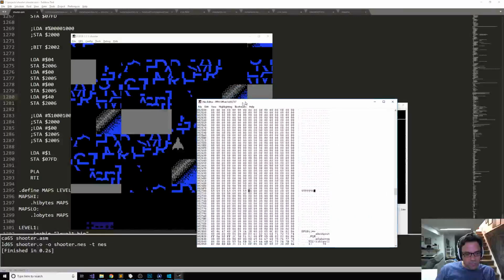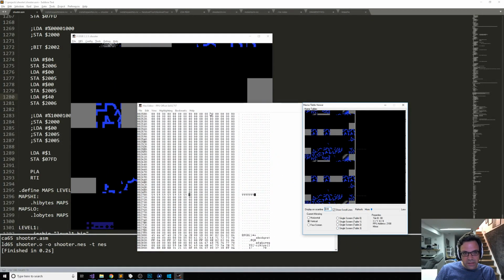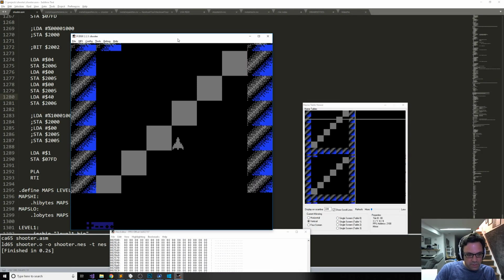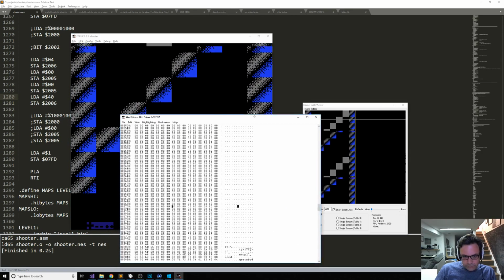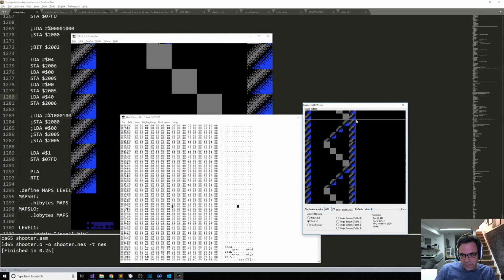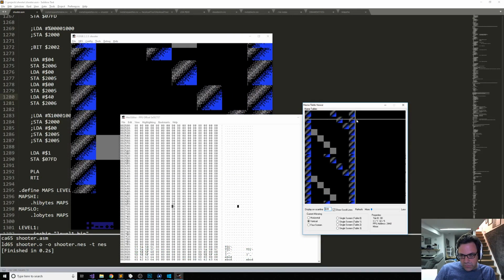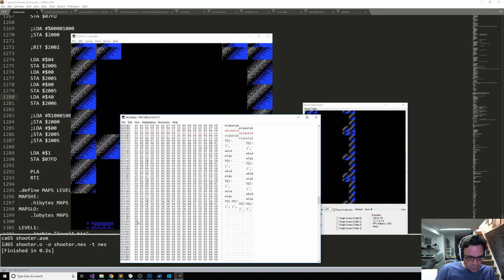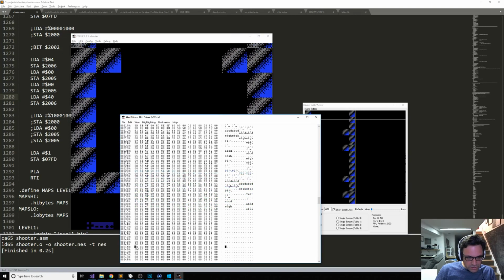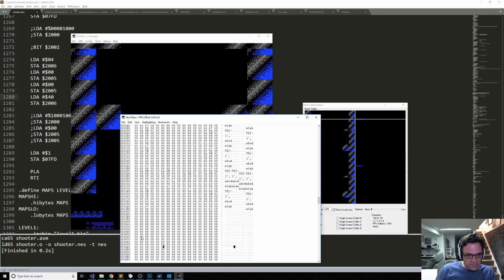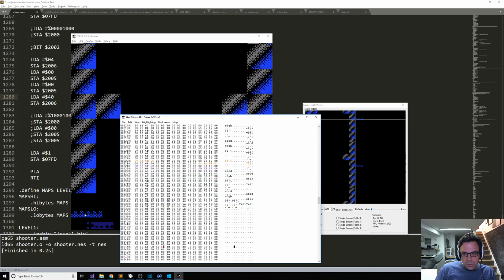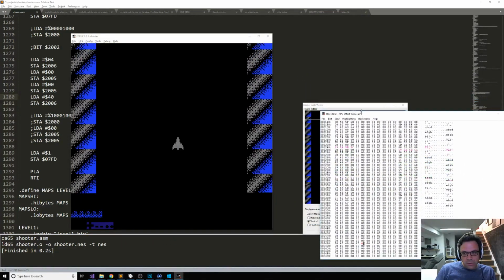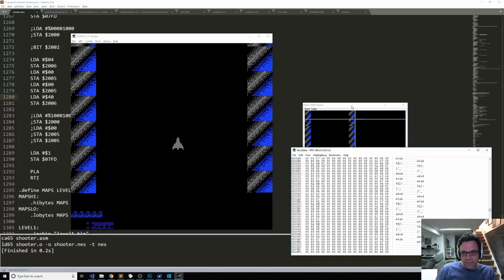Right, so we're actually putting tiles in here that you can see, but they're definitely not showing up in the status bar. And that's because, again, the scroll position seems to be here, which is, what is this? 24A0. So if I go to 24A0 and start putting values in, I would imagine we would see something in the status bar. Yeah, there it is. So the question is, what am I doing wrong where the scrolling value is not